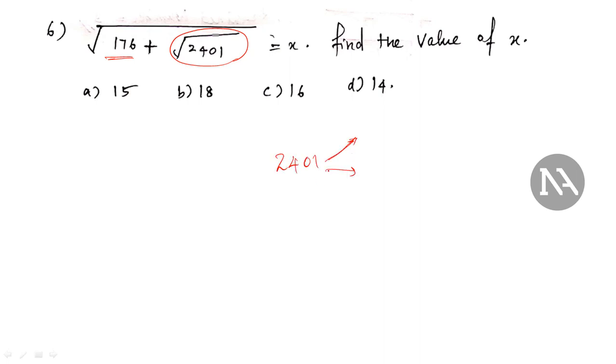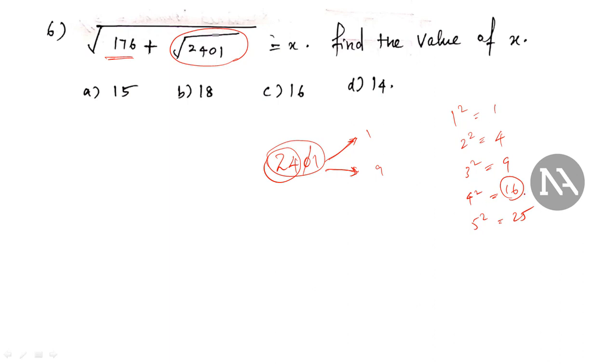I have to first consider the last digit. It ends with 1. So the number will be the square of a number which ends with 1 or 9. Then I have to leave the next two digits and consider this number, 24. If I take 1 squared, that is 1, 2 squared, that is 4, then 3 squared, that is 9, then 4 squared, that is 16, 5 squared, that is 25.